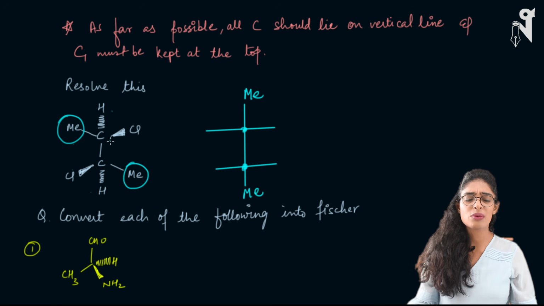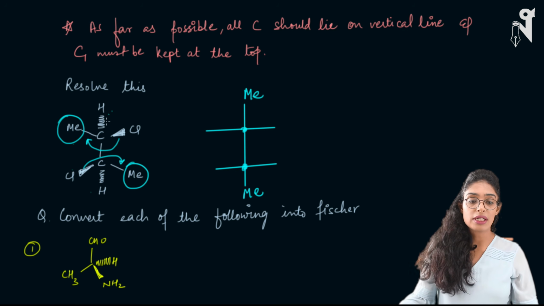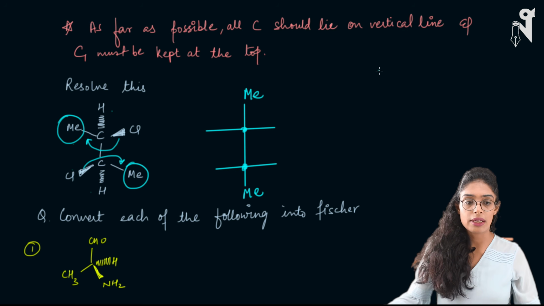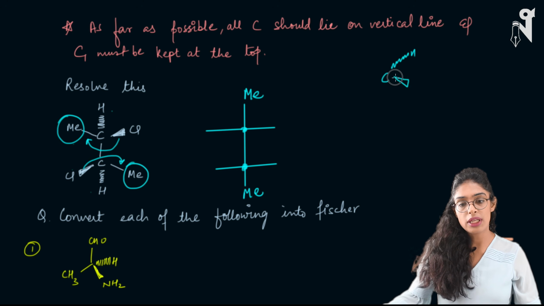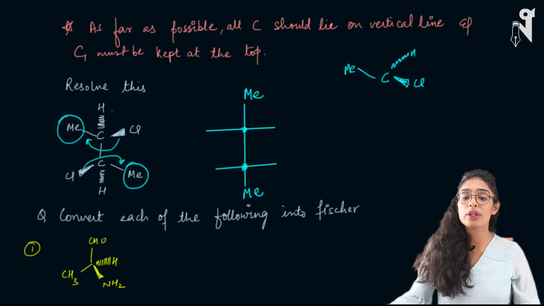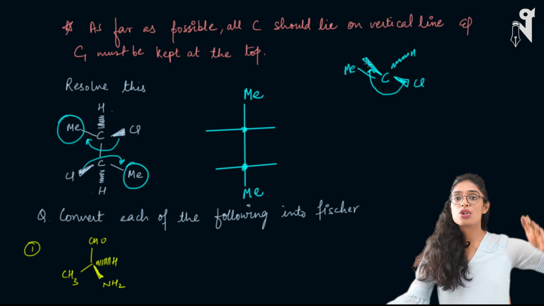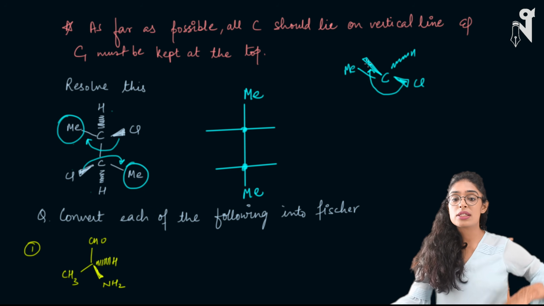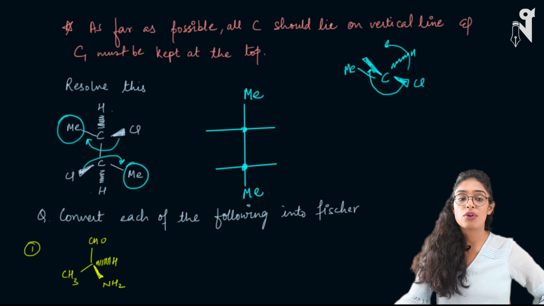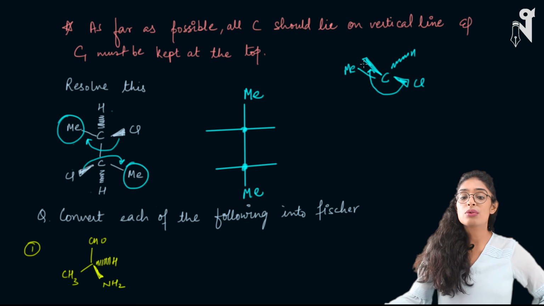This representation is a little weird. If I open it, it will open this way. The molecule looks very straight, but it's not actually that straight, because this should actually be written this way: hydrogen, chlorine. That's how it should have been written; it's my writing error. When I move the chlorine, it will open and go to this side. So you have to shift the wedge to the other side, not crossing the dash but from the other side. So I have moved it to the other side.